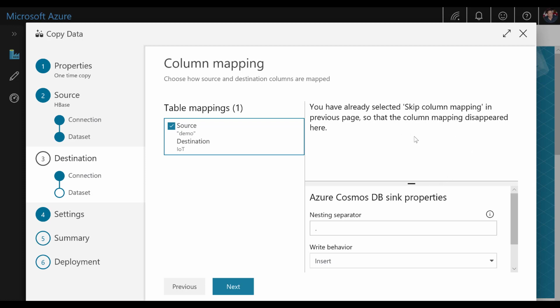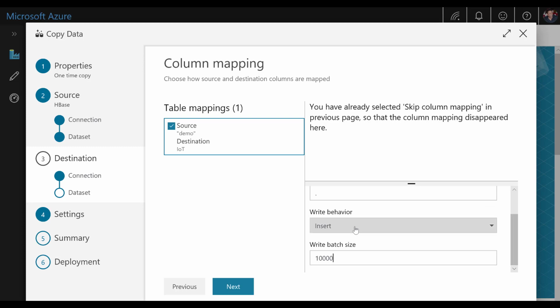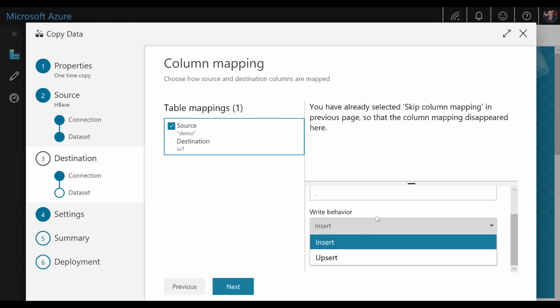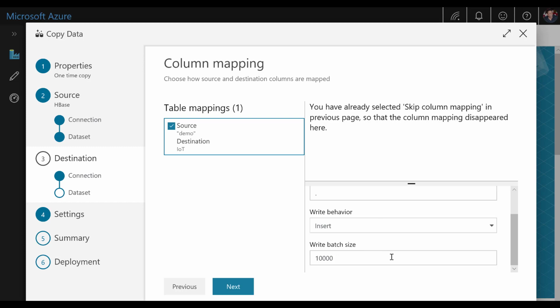I'm not doing any column mapping, that's why there's nothing here, but here are some more Cosmos DB sync properties which you can play with, like what is your write behavior, is it insert or upsert? You can choose, we are just inserting, and then here's the write batch size. Here by default it is 10,000, but you can change it. It is something you have to play with, changing this number to maybe 100,000, 50,000 to see how fast your data moves in,